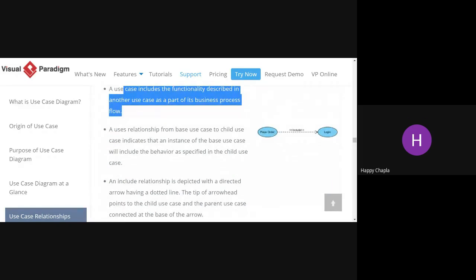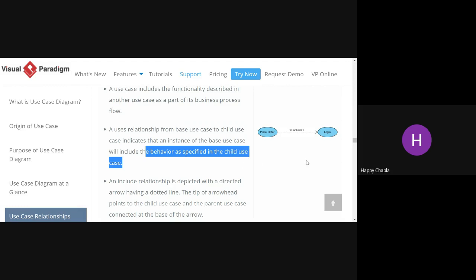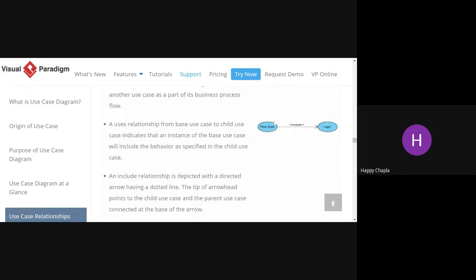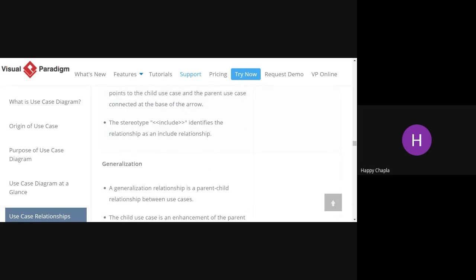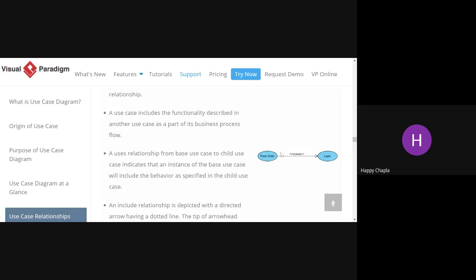Then a relationship from base use case to the child use case, that an instance of the base use case will include the behavior as specified in the child use case. Okay, whoever places an order, this is your base use case, your main use case, so what will it include? This is your main, this is your child, login is your child use case. So when you are placing an order, it should include login first, okay, only then will you be able to place the order. And from that parent use case connected at the base of the arrow. This is your parent and this one is your child.